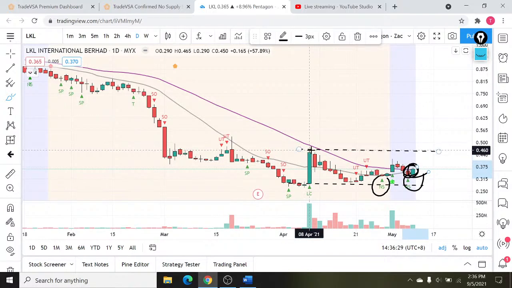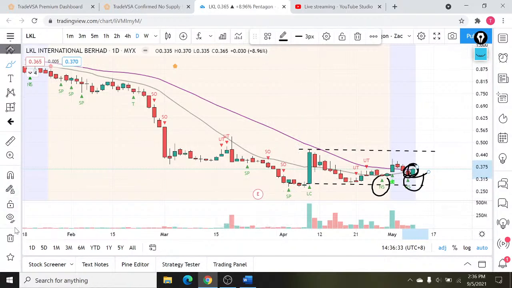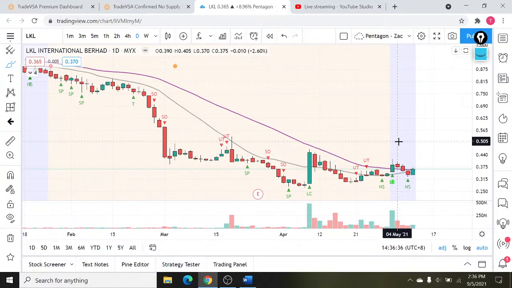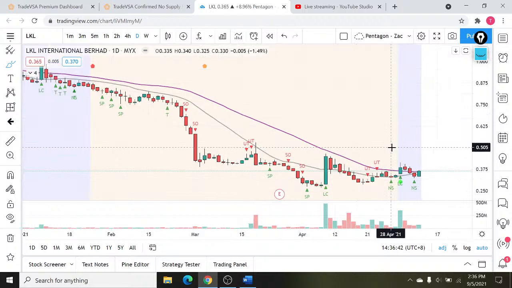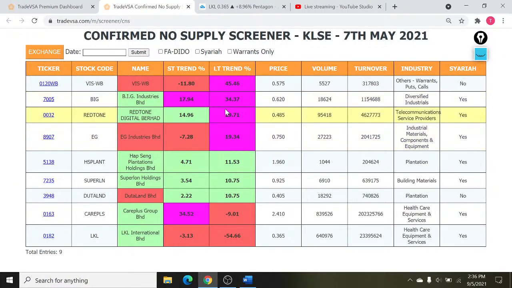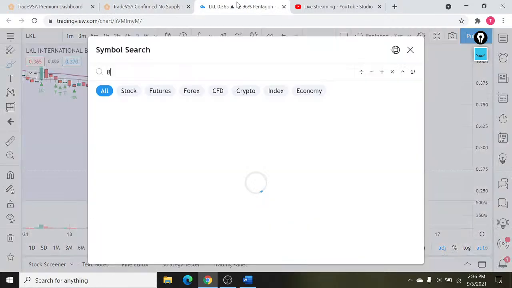If let's say it hits, then you monitor whether there's any upthrust or not. You can use the weekly chart to help you out. I'm still considering, but maybe I will put a little bit, because healthcare and glove, I don't really like to buy and hold because it's too hot. Sometimes cases go up, it goes up, sometimes cases go down, it comes down. Yeah, I got a lot of this kind of issue. So let's try BIG and